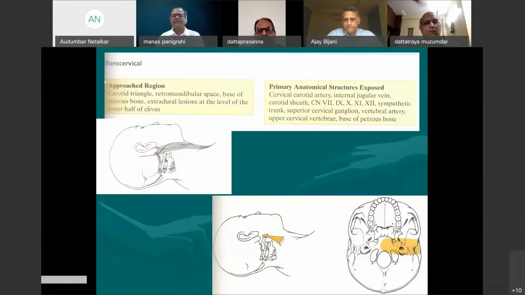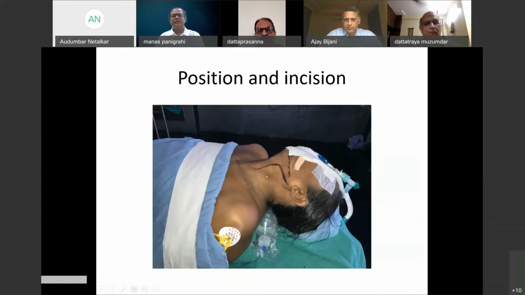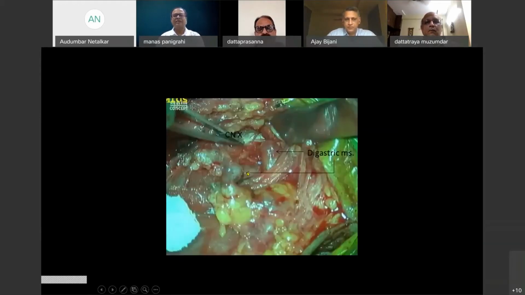As I explained, you have an L-shaped incision. The incision runs parallel to the mandible, and the anterior limb is parallel to the midline along the anterior border of the sternocleidomastoid. One is to identify the digastric muscle, the 12th nerve, and the facial artery and the facial vein, and sacrifice the facial vein. One muscle and one vein have to be sacrificed: the hyoid and stylopharyngeal muscle has to be cut, and the facial vein has to be cut. Then one can access the area of C1 and C2.